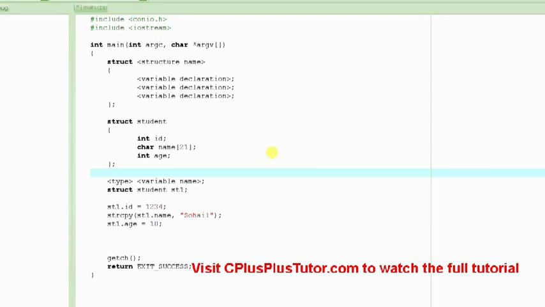So let's continue. In our previous tutorial, we learned how we define a structure called student and the members of this structure, and then we declared a variable of type student, and then we accessed the individual members inside that structure using this kind of convention: the name of the structure, followed by a dot, followed by the name of the member, which is ID here, and similarly the name